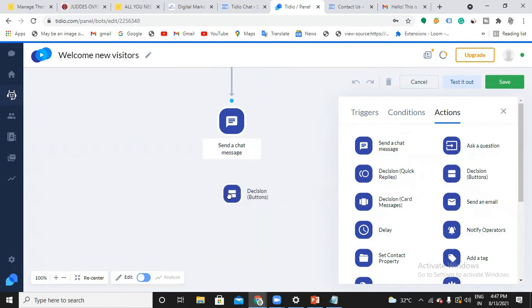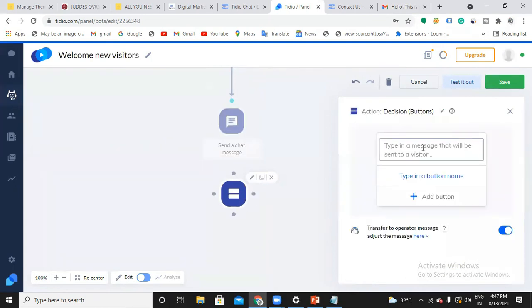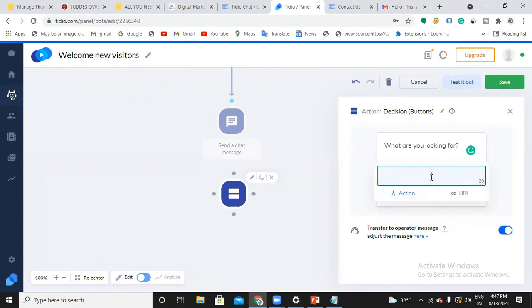So I would like to go with the decisions. Let me give the multiple choice for them. So I'm going to choose this action and let me edit this. So here I would like to ask something like, what are you looking for? So here I can give options for them to choose.